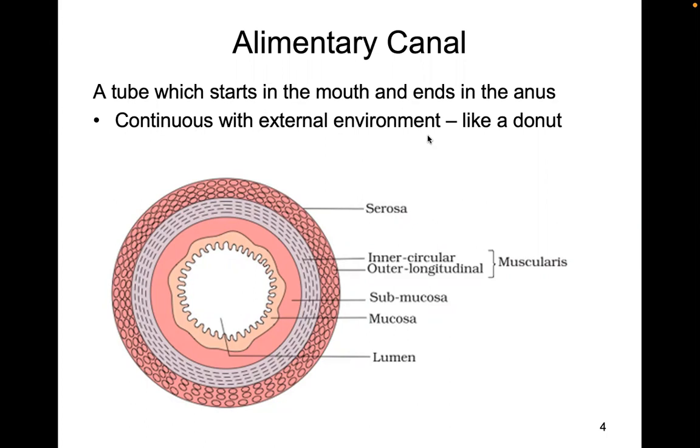Okay. So it's kind of like a donut is the way to think about it, right? A donut is shaped like this. Our digestive tract is one long continuous tube with what we call accessory organs all around it that help transport food once we eat it, or fluid once we drink it, from the mouth to the anus. Okay. On the inside, it's basically the exact same thing as the outside, and that is the external environment.